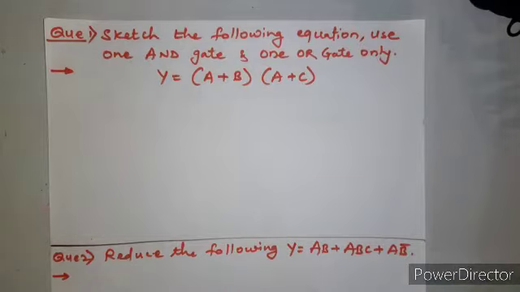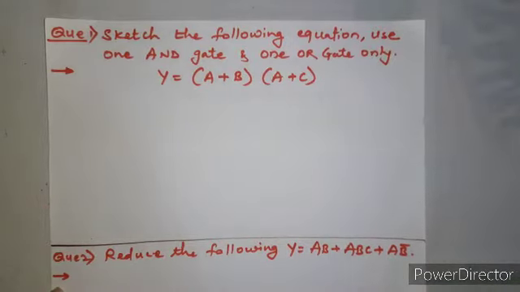Now, before going to study the further laws, that is AND laws and OR laws of Boolean algebra, let me first try to solve a given equation. For Boolean algebra I was talking about reduction or simplification or minimization. So let me first try to solve a couple of examples, and then you'll get a gist, or some sense, of how Boolean algebra laws can be used to reduce a given digital circuit.